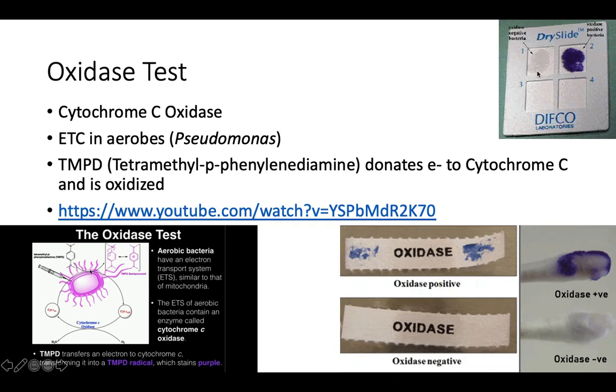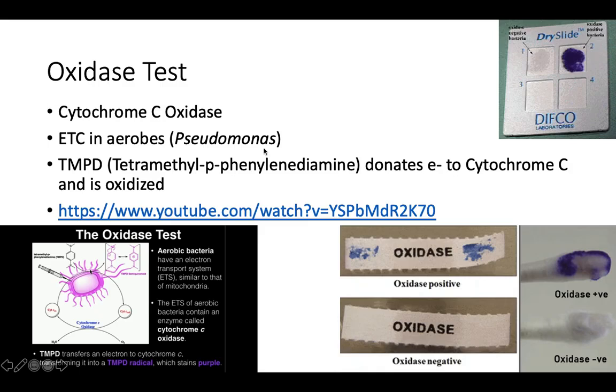You have two little slides. You can do slides that have this TMPD embedded on it. You can do a piece of paper with a little drop of TMPD on it, or a cotton swab that you put a little drop of TMPD on. It's also called oxidase reagent. And then you take a little swab of your bacteria and you rub them on the little slide, or you rub them on the paper, and then you can rub the cotton swab on the bacteria as well and collect some. You let it sit for about 15 to 20 seconds,